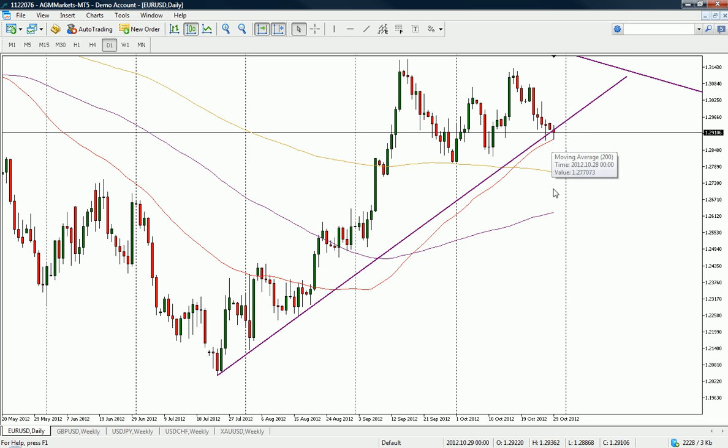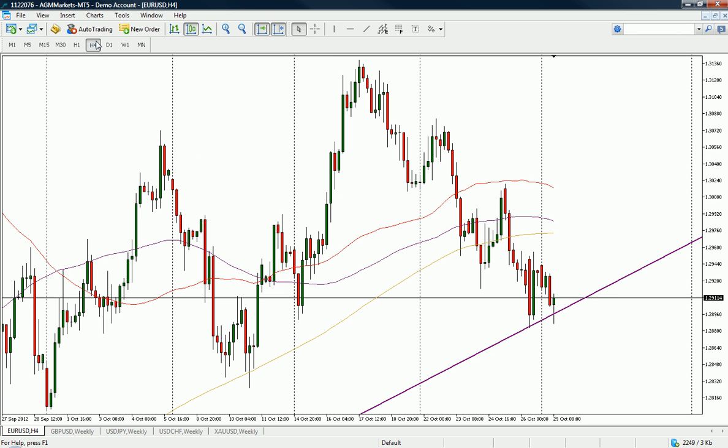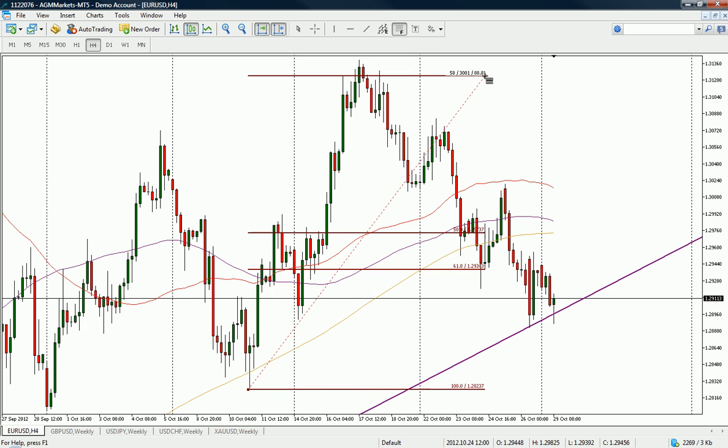The 55-day moving average is always a key moving average, so keep an eye out on that. And if we do come below, then check out this 200-day moving average, which also acted as a previous support here to your left. In terms of this 4-hour chart, one key fib I'll be looking at today. If you draw from highs to lows here,